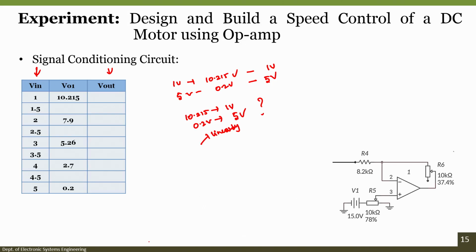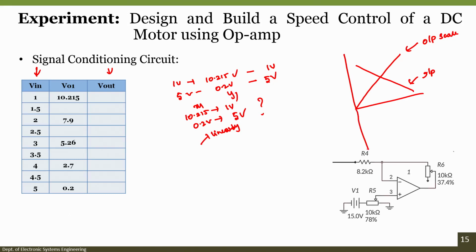So, what we do? We know x1, the input that we are giving, and we know the output that we need to get. That means, right now the scale is like this, and I want to change the scale from this input scale to an output scale. One way, if I want to understand it graphically, is to invert this particular input signal. So, what do I get if I invert the signal? Wherever I have a negative, I will get a positive.